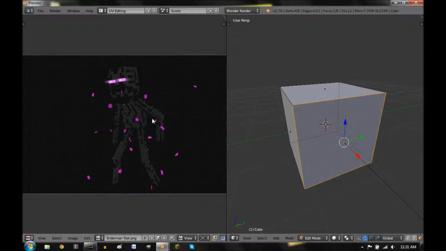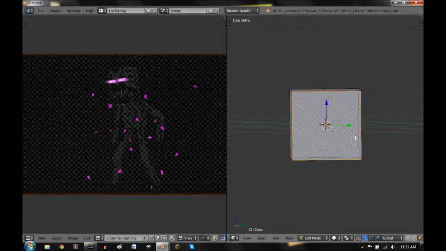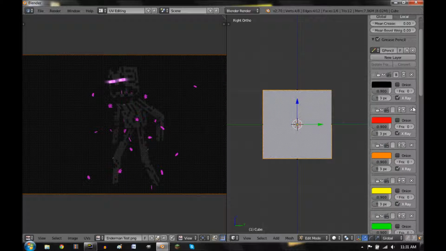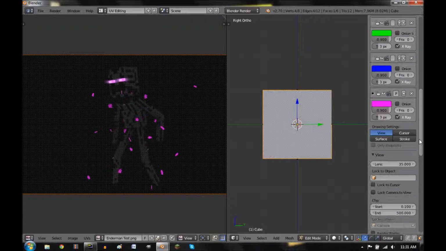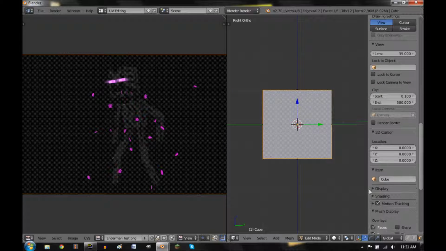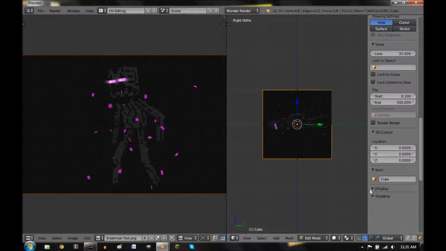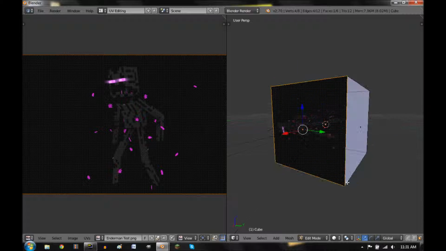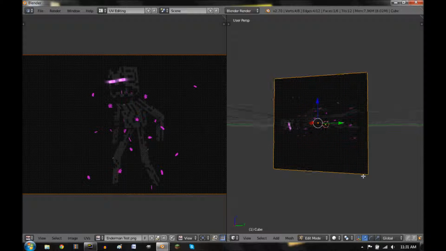That's so awesome, isn't it? Oh, by the way, to see the textures, you're gonna have to go over here, not in display, in shading, textured solid. And as you can see, it's sideways,